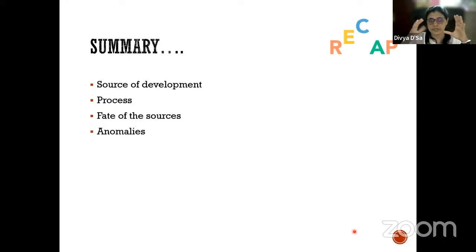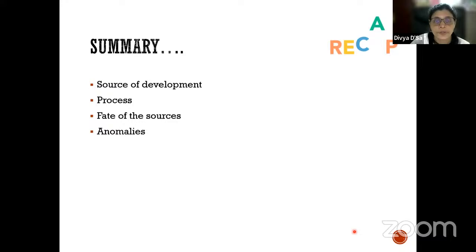So basically, what is the entire process of development? What all things should you know? Basically, the heart tube. And what are the different